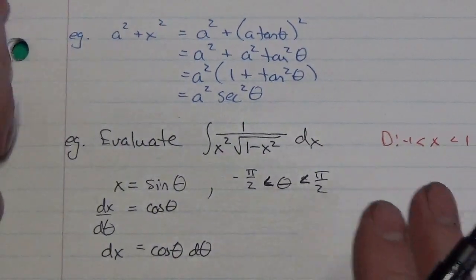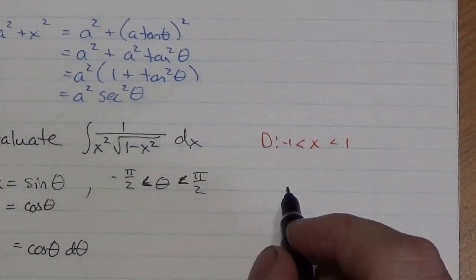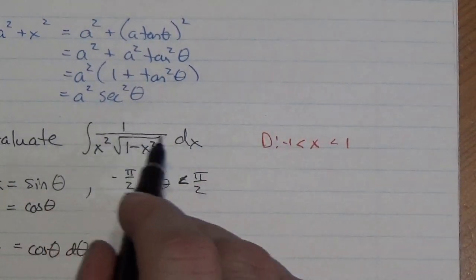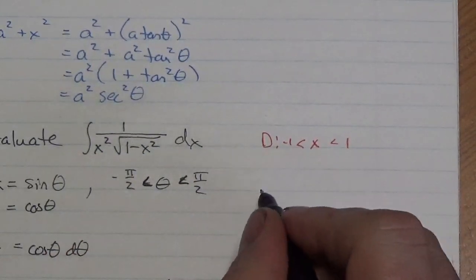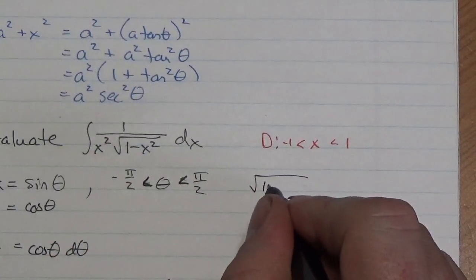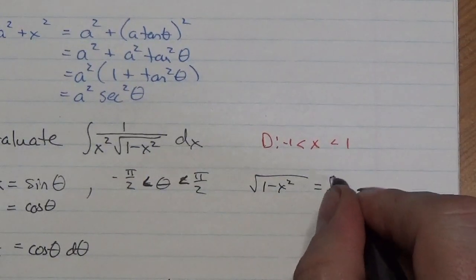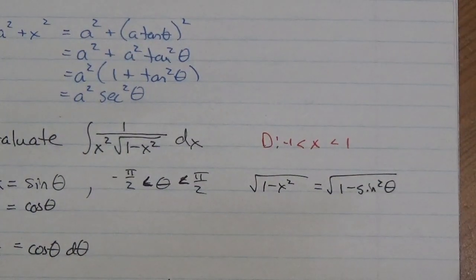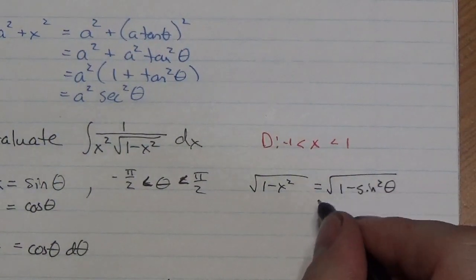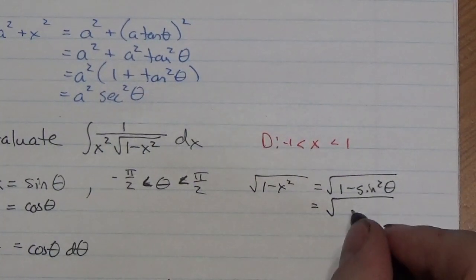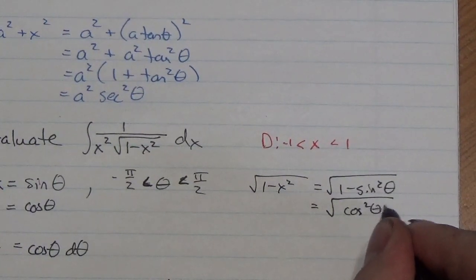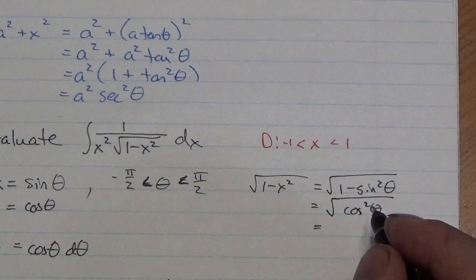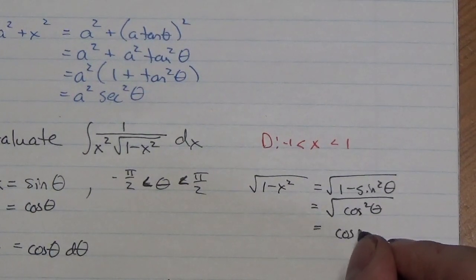Okay, now additionally, and I'll maybe do this over here, when I make that substitution that x is equal to sine of theta, what that means down here in this radical is that my radical, the square root of 1 minus x squared, is going to be equal to the square root of 1 minus sine squared. Now, that's actually really convenient because I know that 1 minus sine squared is the same as cosine squared thanks to a trig identity. Okay? And then I'm going to be able to take the square root of that and get the cosine of